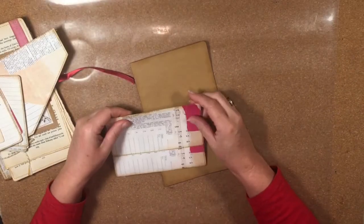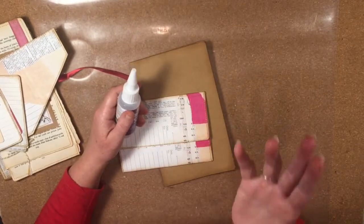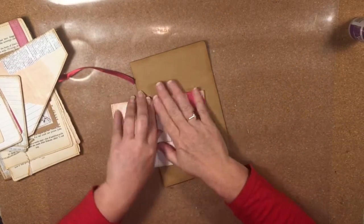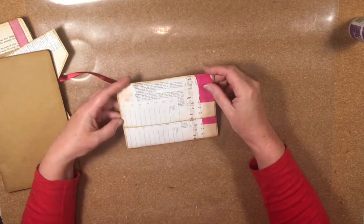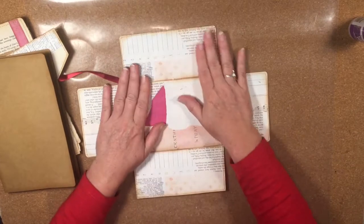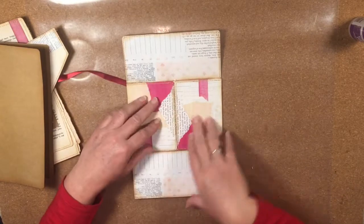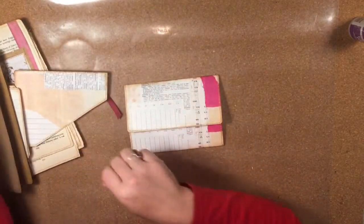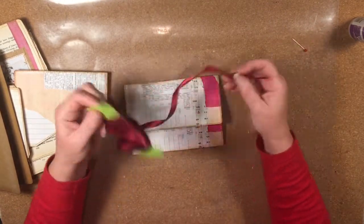Okay guys, so I'm back. I found my glue. I've done my sewing. I think it's gone quiet next door, and so I'm hoping that things will go better from now. So here's my little envelope situation that opens up like so, and then I thought we could put some things inside here. I'm just thinking about a closure for this guy, and I thought I would go with the ribbon again. So I have a bit of ribbon over here, and I was thinking